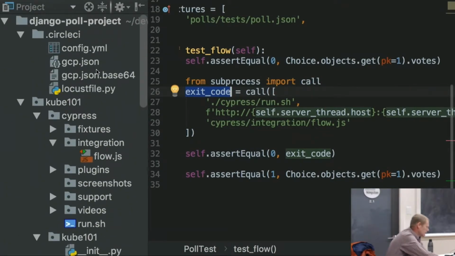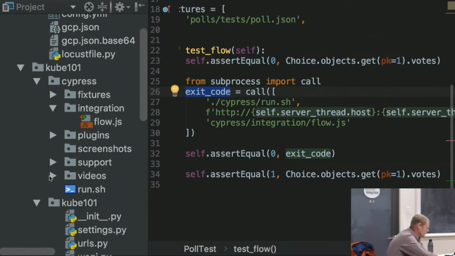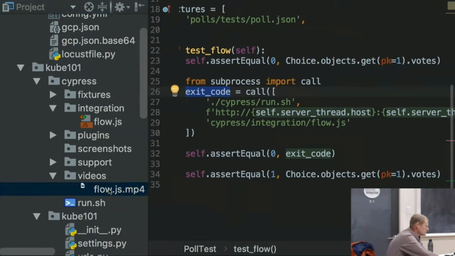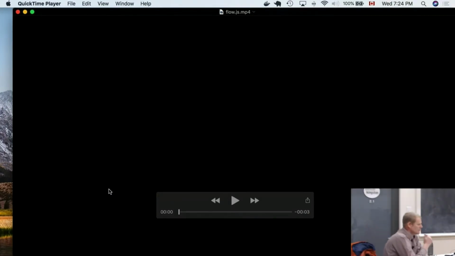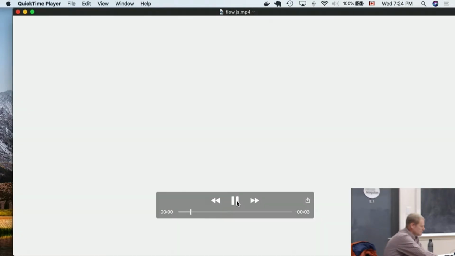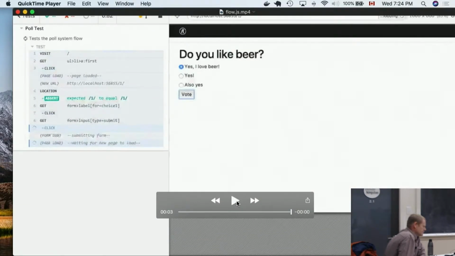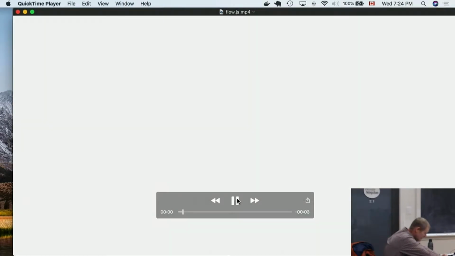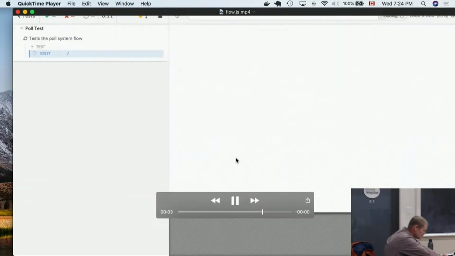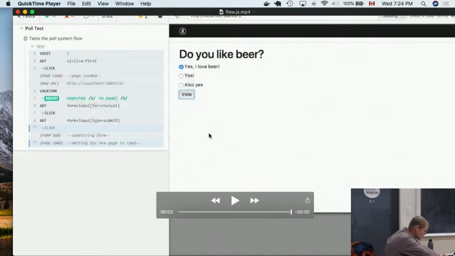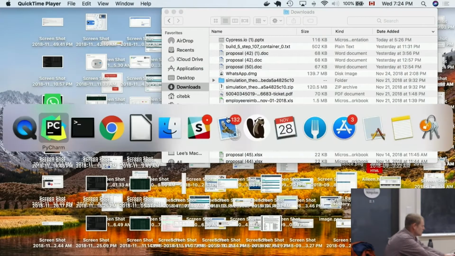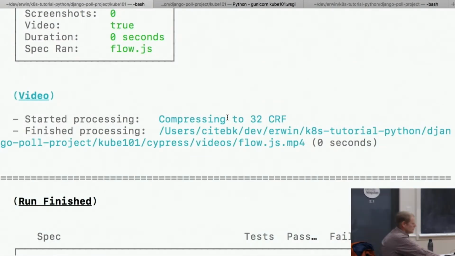So now I can go to my Cypress folder inside videos and look at this thing. Well, that's it, I guess. I think there should be some more output, but yeah, get the point. Okay, so